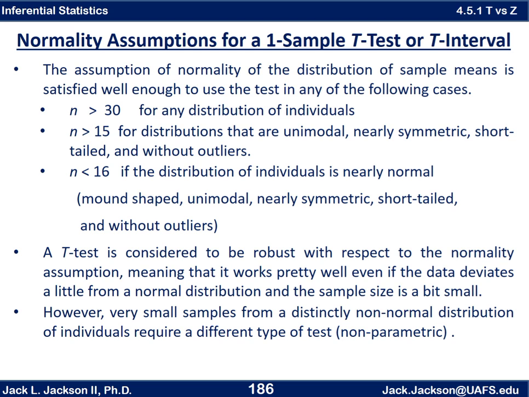And what this means is that it works pretty well even if the data deviates a little from the normal distribution and the sample size is a bit small. And it still works pretty good. That's why we have these kind of fuzzy conditions here. However, if you have a very small sample size taken from a distinctly non-normal distribution, particularly things that can mess it up are bimodal, highly skewed, and outliers. Okay, if it has some of those things, or especially if it has all of those,